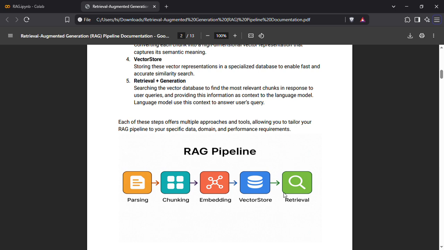And our last step is retrieval plus generation. When someone asks a question, the system first retrieves the most relevant chunks from the database and then the language model uses those chunks to generate an accurate and context-rich answer. So, instead of depending only on pre-trained knowledge, this system grabs useful info just in time and blends it into